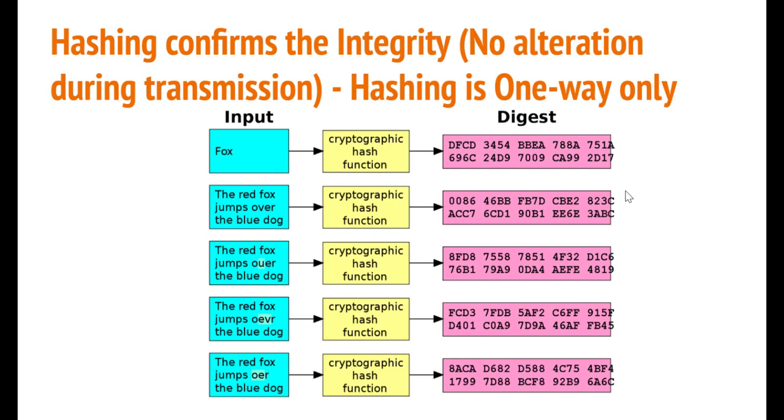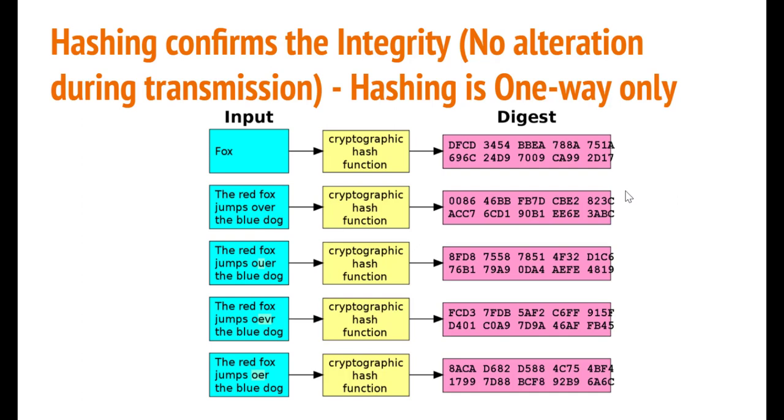And now we will see what is hashing. Hashing is the technique of splitting the actual message content into fixed length blocks and then applying some algorithm over it to prepare a digest.